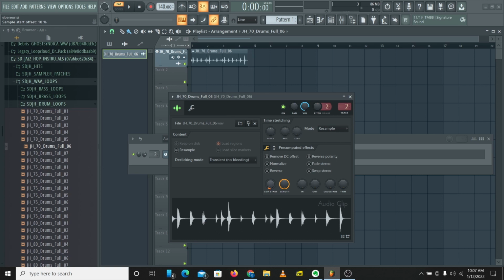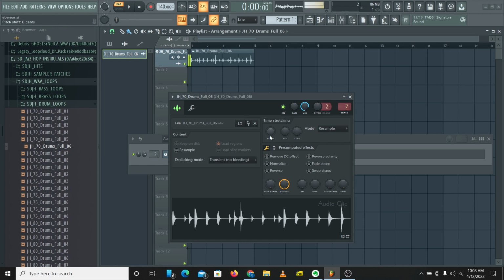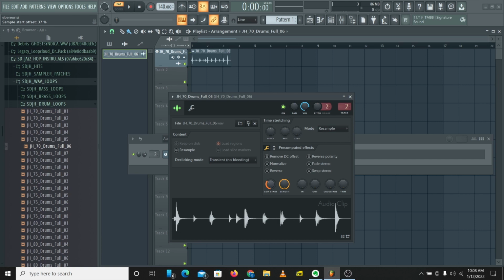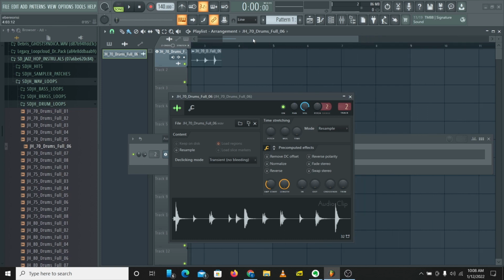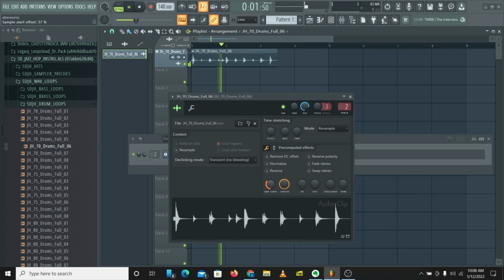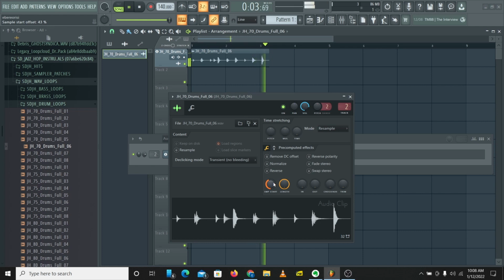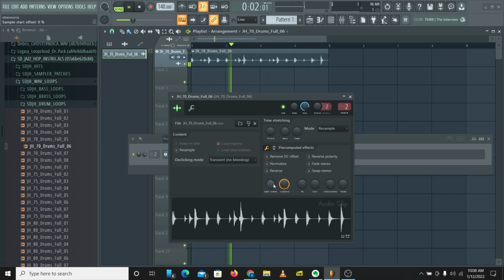If you move this button up, you can decide to choose where the sample starts from. I'm just going to play this in the playlist so you can see this happening live. I'm just going to make my sample start from this position here.